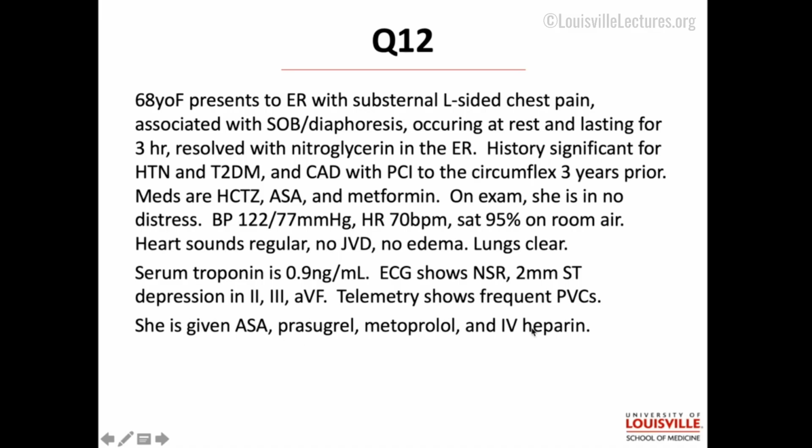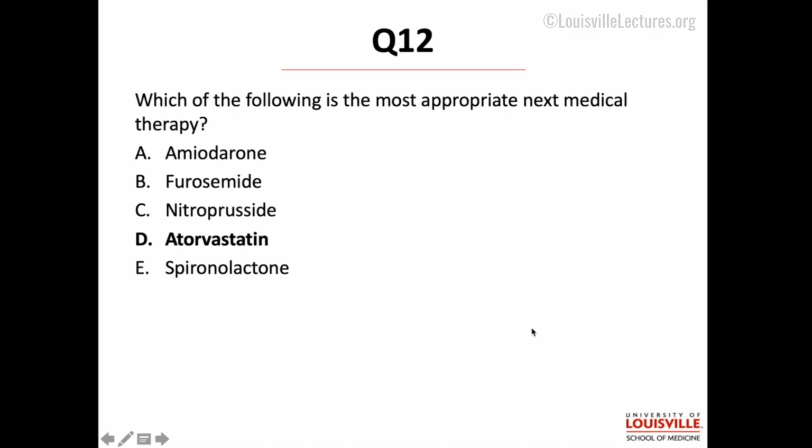These are the ones that most people think of, but don't forget the importance of statin, and early statin administration actually has shown mortality benefit. Now, she does have some non-sustained VT and some PVCs, but amiodarone is not indicated at this time, and statin is the life-saving one. She's not in heart failure, so you don't really need Lasix.